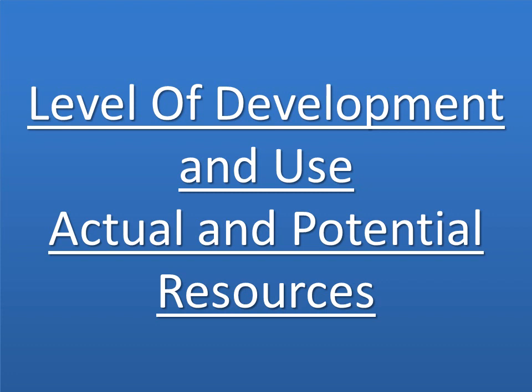Actual resources are those which we are using at present. Potential resources have to be further developed, जिन्हें डेवलप होना रहता है अभी. Examples are coal and petroleum. ये दो ऐसे एग्जाम्पल हैं जो अभी डेवलप्ड होने रहते हैं, and they are coming in each and every resource,